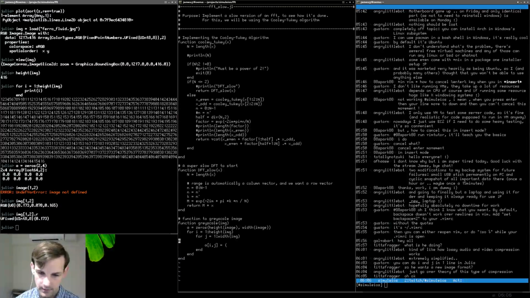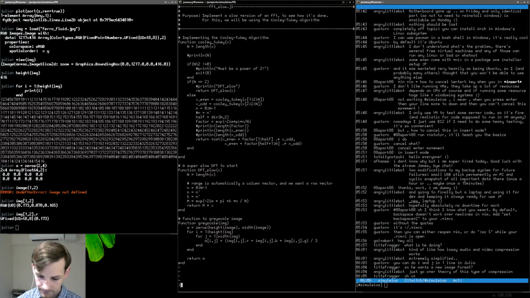There. So we will say image of i j dot red plus image of i j dot blue plus image i j dot green, and then we divide by 3. This should do okay for grayscaling, and then at the end we just return